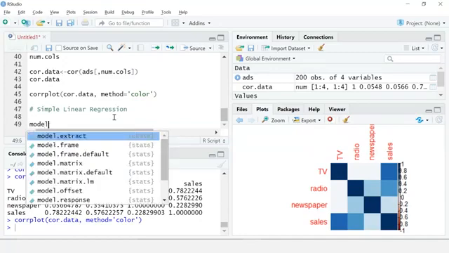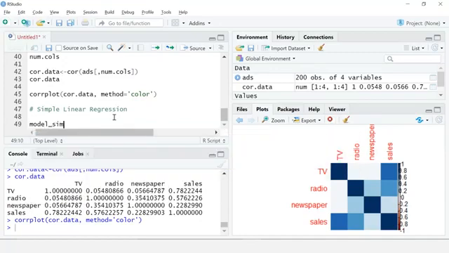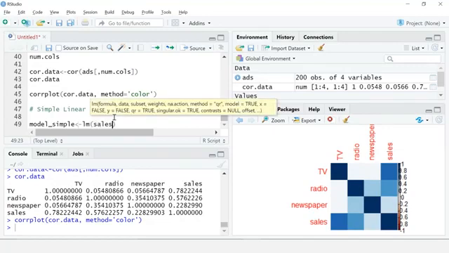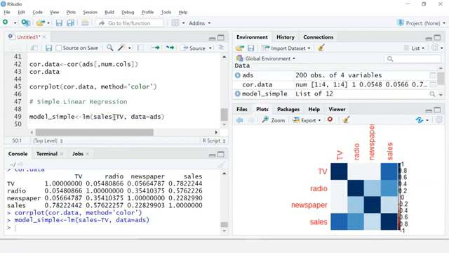I'll take a variable name as model_simple, and then using the lm function I'll give my target variable, which is sales, and using tilde I'll give my independent variable, which is TV, and data as ads. I'll run it.